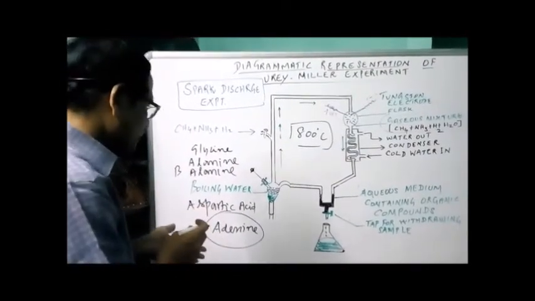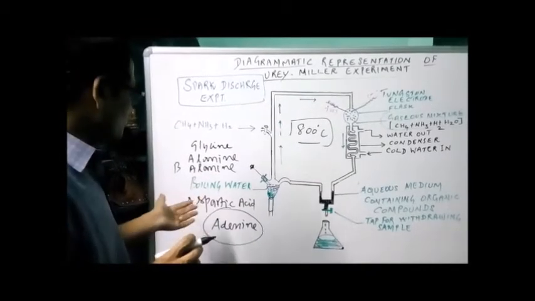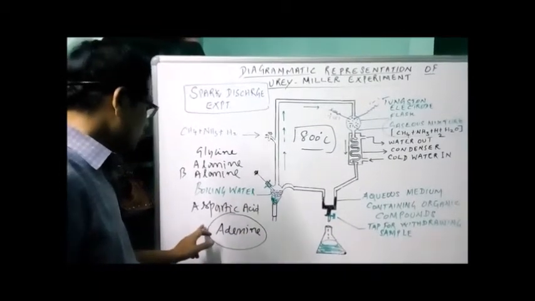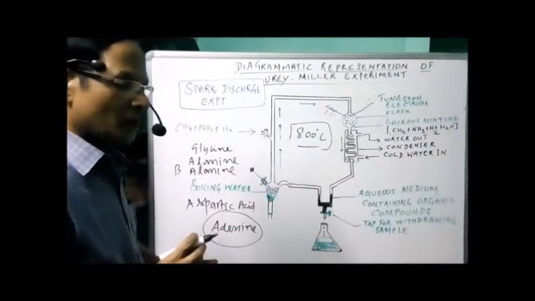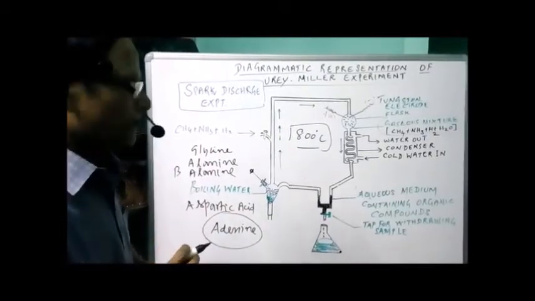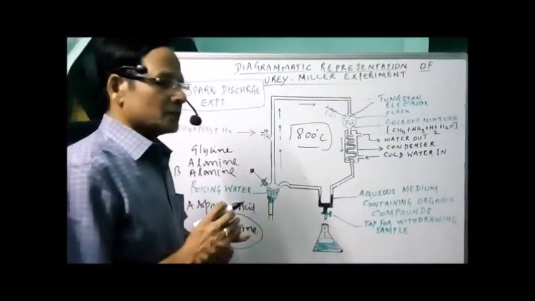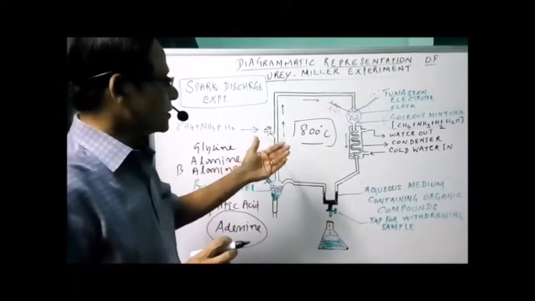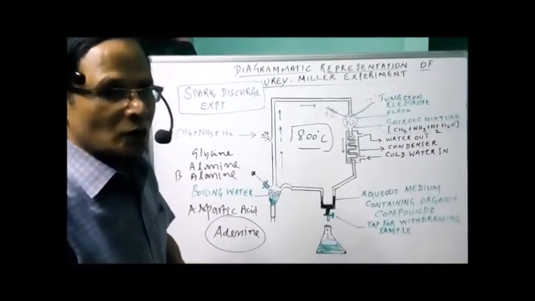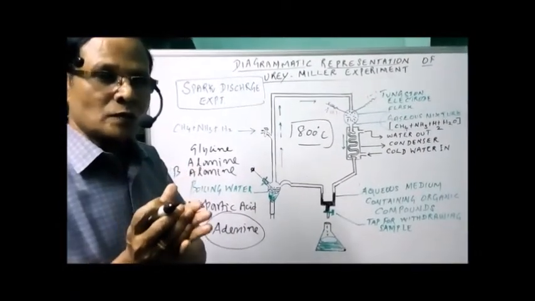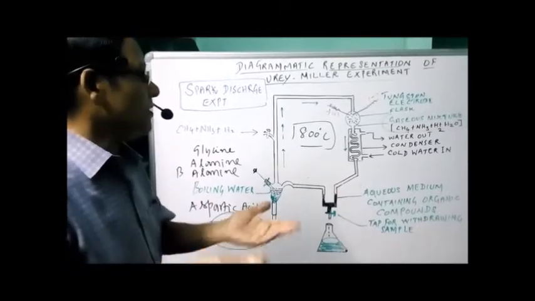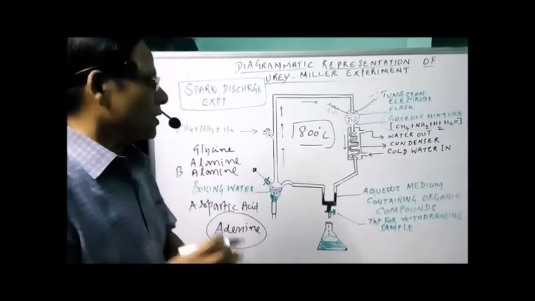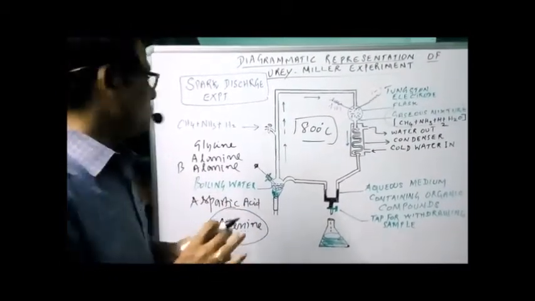When the experiment was conducted by different people, they were also able to obtain different nitrogen-containing compounds. The first nitrogen-containing compound actually made by this method was adenine. So this Miller experiment gave an insight into the possibility of abiogenetic synthesis of organic compounds in nature from a mixture of gases in which the main source of carbon was methane.